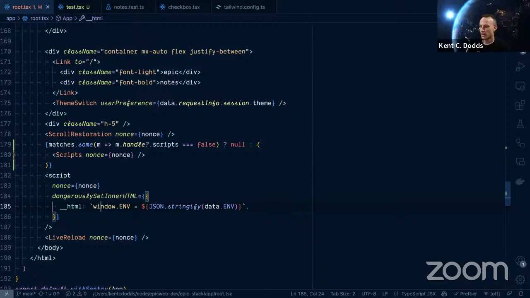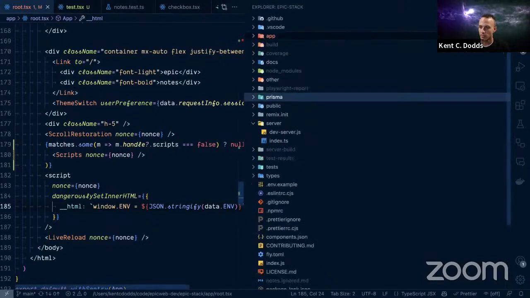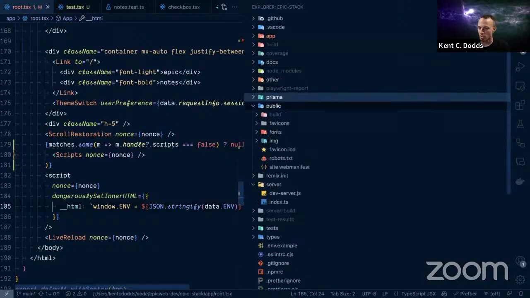Got it. Okay, so there are a couple of options for you. If you're using remix-serve, which is what you'll get if you just choose the basics when you're creating your new project, that's the simplest option, but it doesn't have as much flexibility. But what you can do